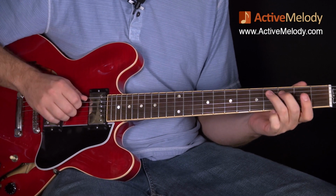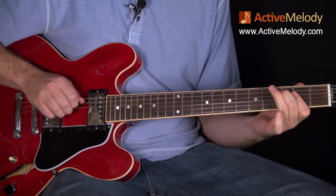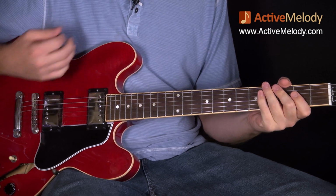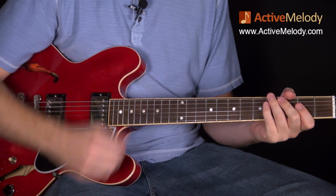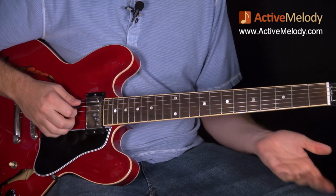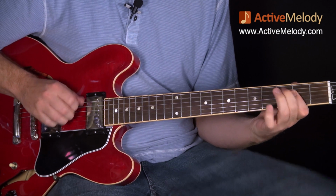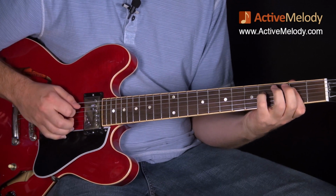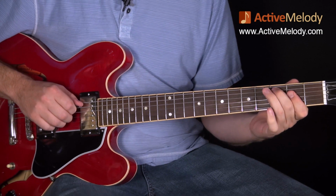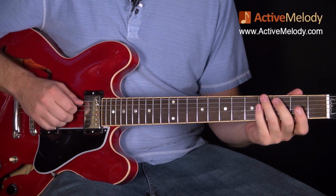You could do it at a shuffle. There's all kinds of stuff you can do with just what we've learned thus far. Now I use that little walk up all the time, even if I'm doing a slow blues, for example. It works really well. So, okay, that's the little walk up. So up to this point we have...